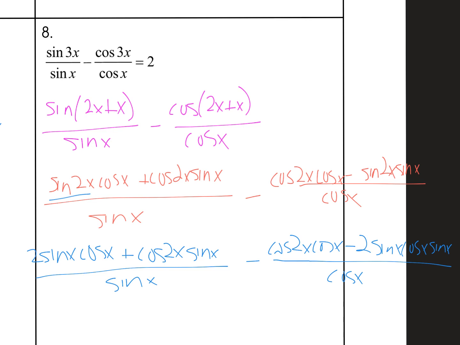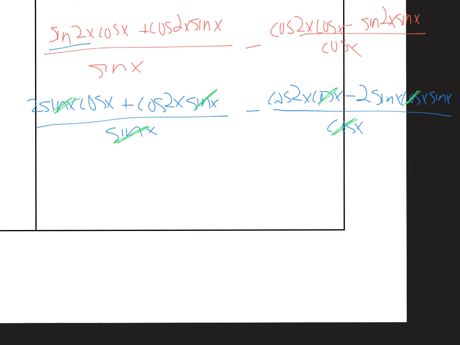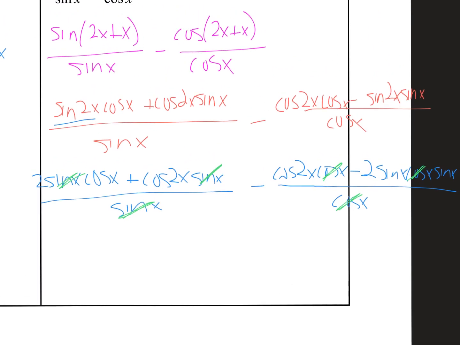And now I'm going to reduce out my sine on the first one, so get rid of that sine, and that sine. It's like factoring it out on top and then reducing it away. Cosine, cosine, and cosine. So that's going to give me... I forgot something. Hold on. There should be an extra cosine here, right? Right there. So that's going to give me